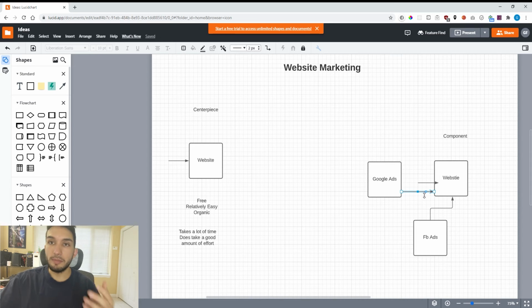So the main reason for this is that you're now getting sources of traffic from third parties, platforms that are specifically designed to get you the best quality traffic in relation to whatever it is that you're selling, whether that's a product, a service, whatever it is, right? So what are the pros of this? Well, the pros might be that